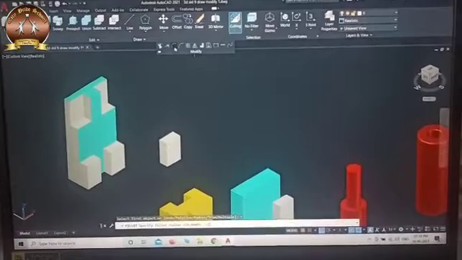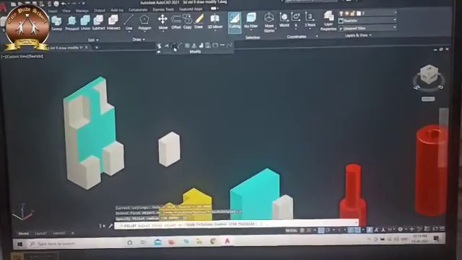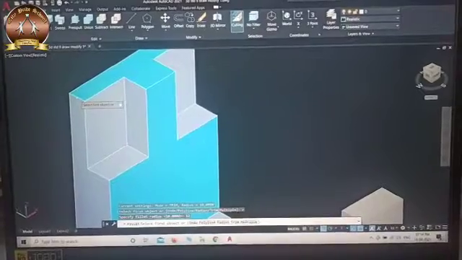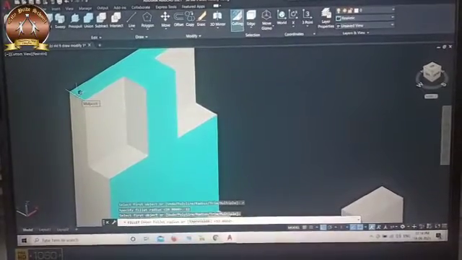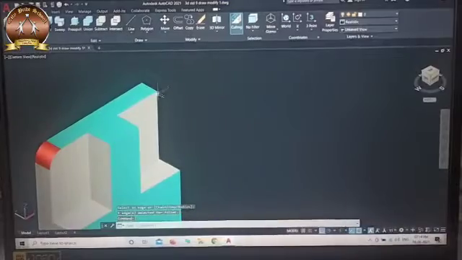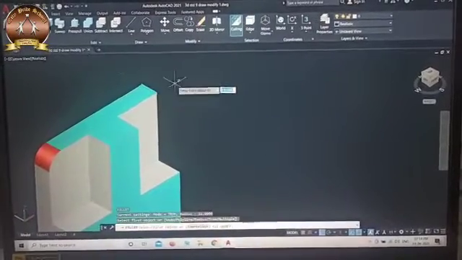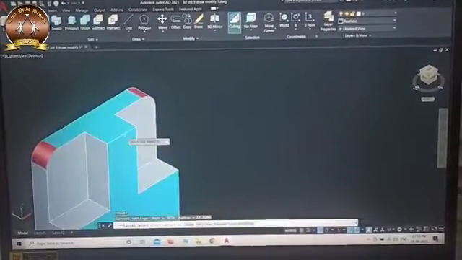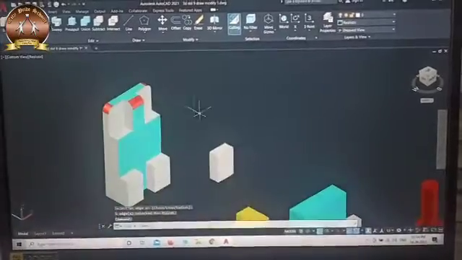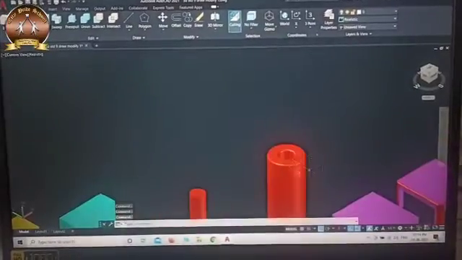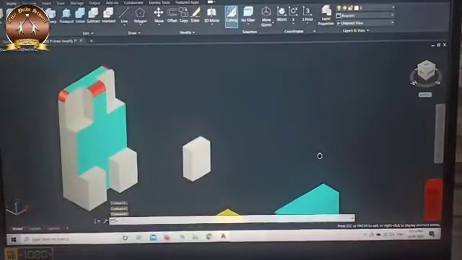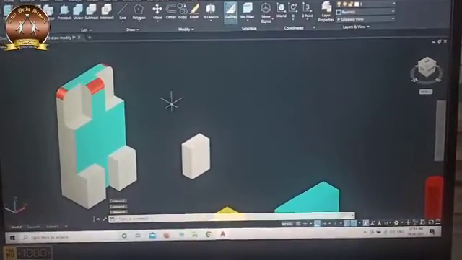Suppose I am giving 12 as a radius, enter, and now enlarge the edge and click and say double enter. So the refined edge will be there. Same option I use in this cylinder. So you can make use of fillet and chamfer.